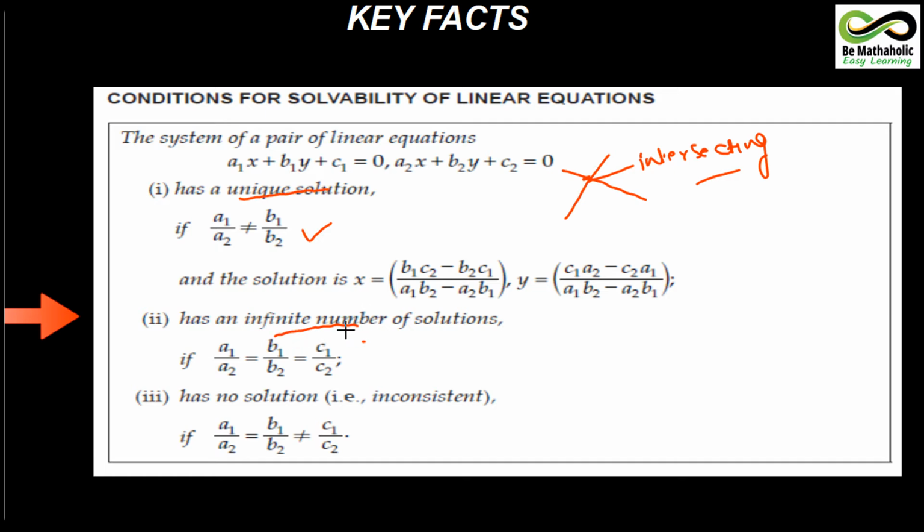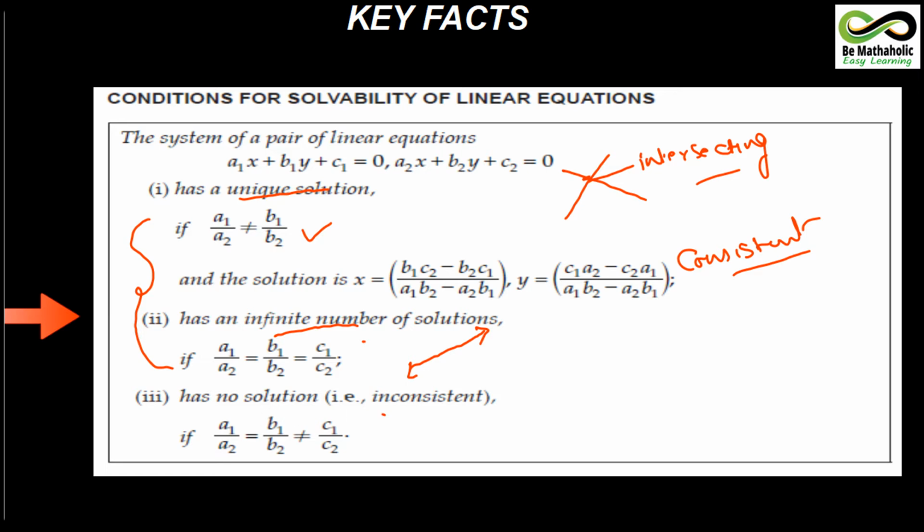Secondly, there are infinite solutions, when all the coefficients are in ratio. What are a1, a2? These are the coefficients, and c1 and c2 are the constants. Coefficients of x and y are a1, a2, b1, b2. When their ratios are equal to each other, you get lines which are coinciding. The same equations will be there and the plotting will be two lines superimposing each other, so it will give you an infinite number of solutions. When you have a unique solution or an infinite number of solutions, these types of equations, when they satisfy the given conditions, will be giving you a consistent solution.